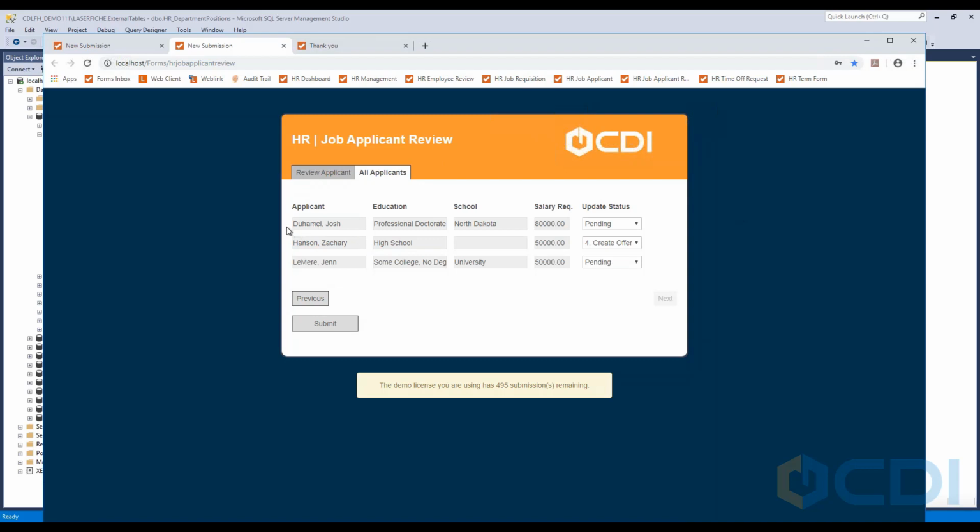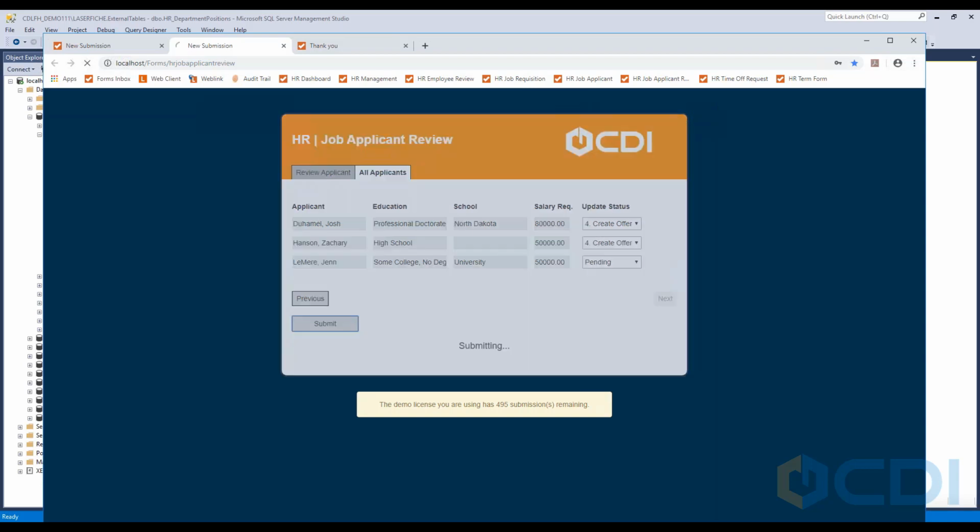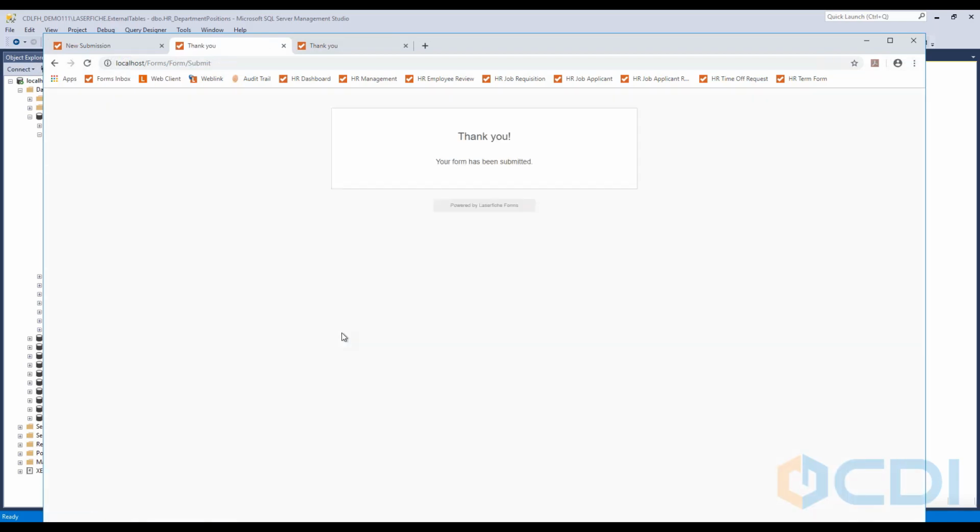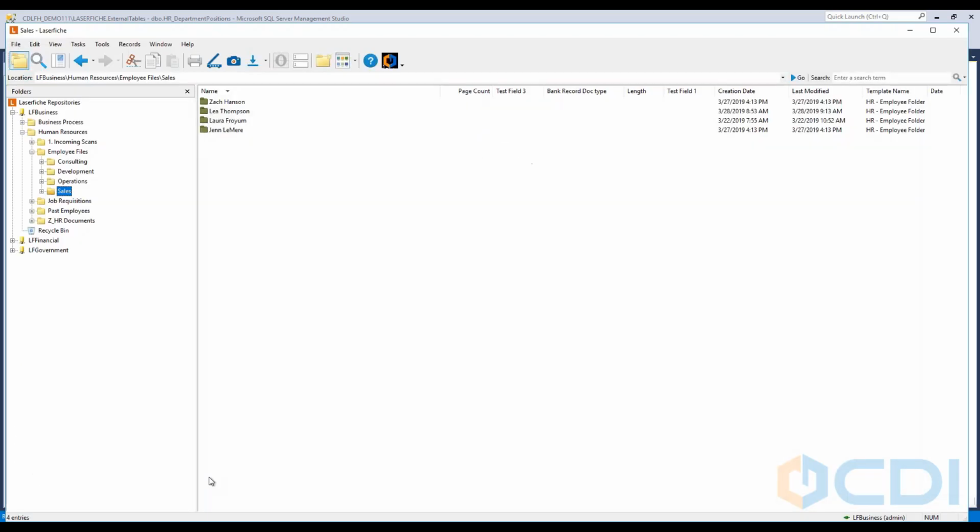and I am just interfacing with this Laserfiche form. I'm going to go ahead and offer the job to Josh Dumel. We're going to onboard him as one of our account managers. I think that would be really great. So I'm just going to create the offer and submit it. And then when I pull up his folder in Laserfiche,